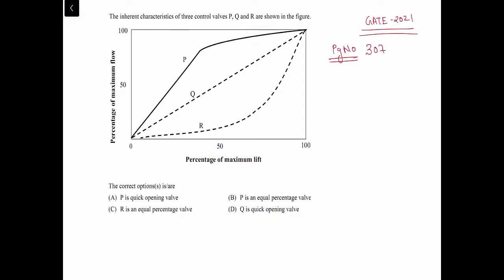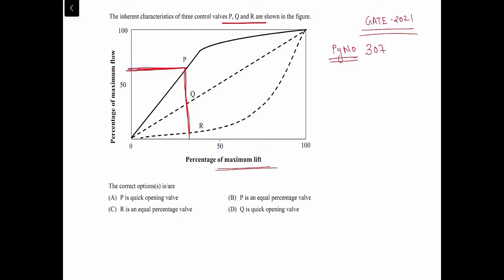The inherent characteristics of P, Q, R and the graphs are given. So we will see this P line first. If you see the P line first, here it is a maximum lift. For this P, the fraction of flow is very high. For this, the fraction is very high, so its sensitivity is decreasing, but you can say that it is a very quick opening valve,